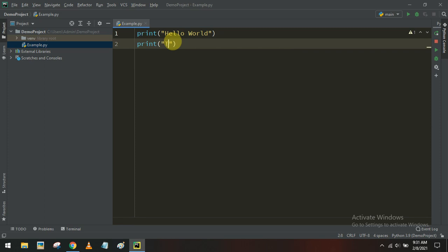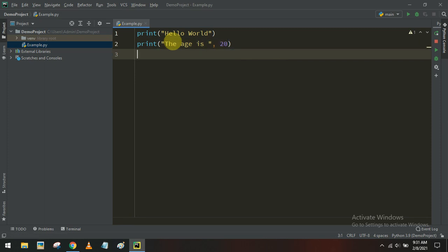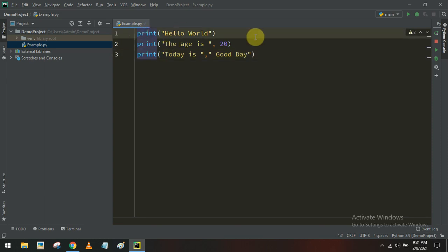For example, the age is. After that, I want to do a few more things, so here I will write today is good day. So this is how we can write Python statements.